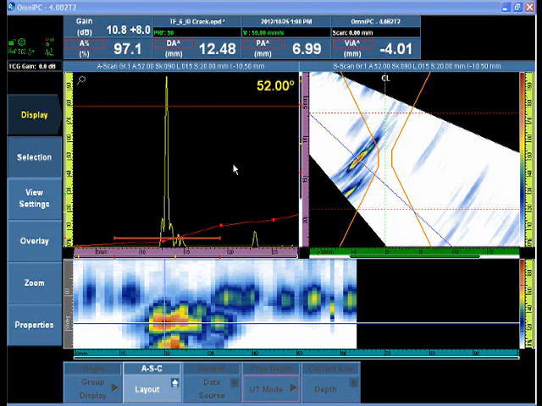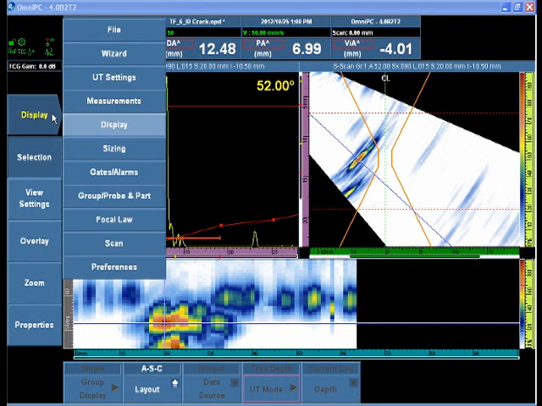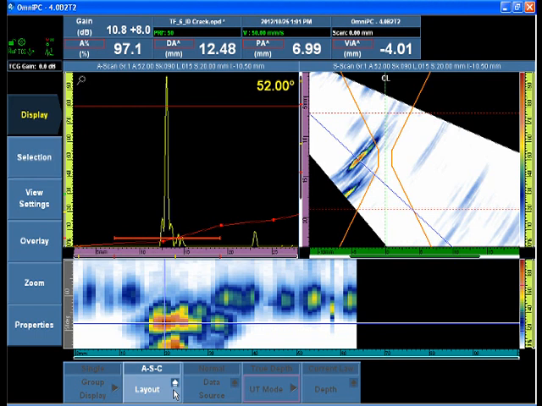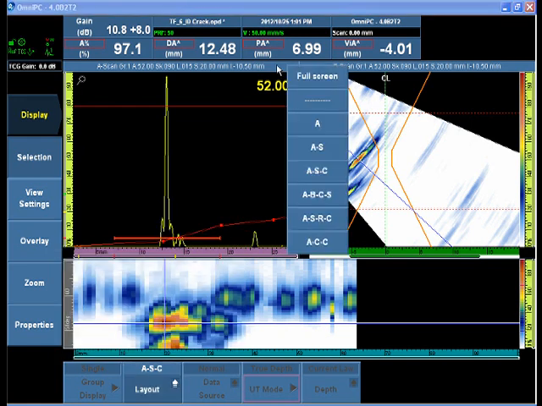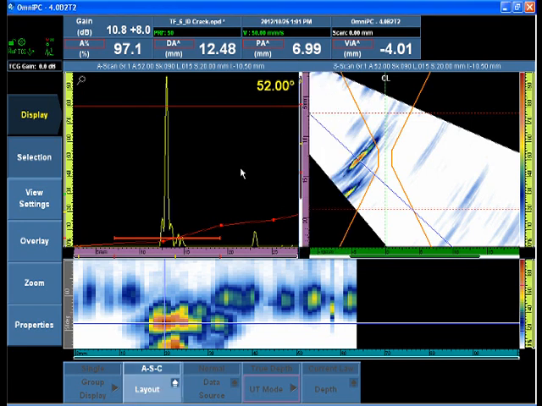The OmniScan MX2 B scan is available from the Display Layout menu for any layout that contains a B, or in Omni PC by right-clicking on the title bar and selecting from the same list. Prior to selecting the B scan, in a weld inspection, the primary display is the A, S, and C scan,